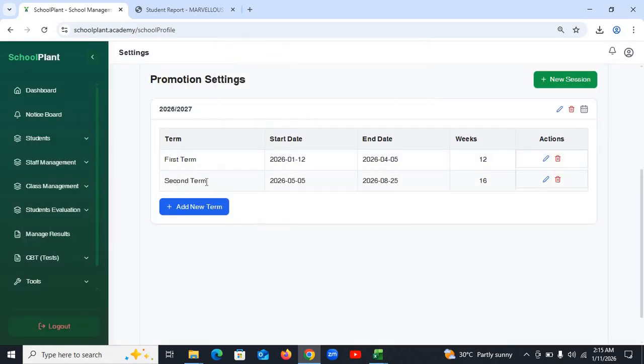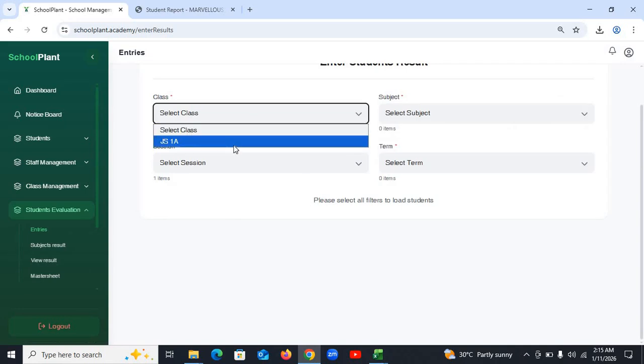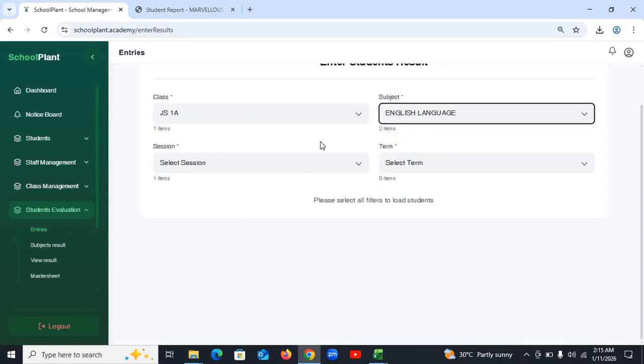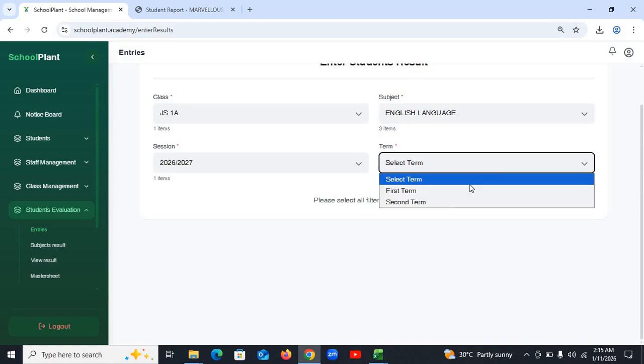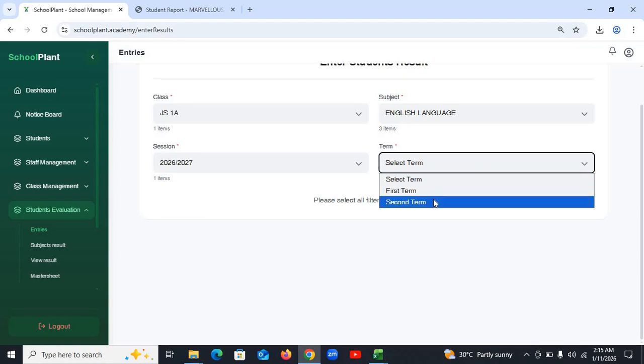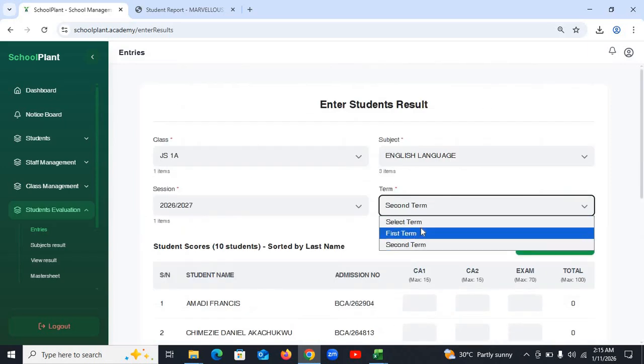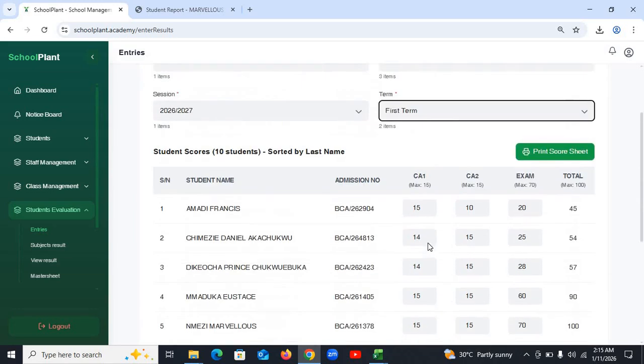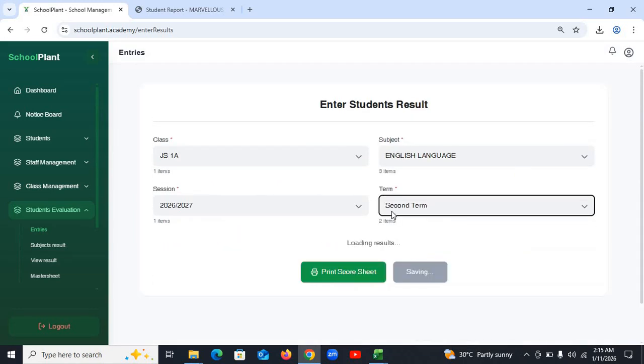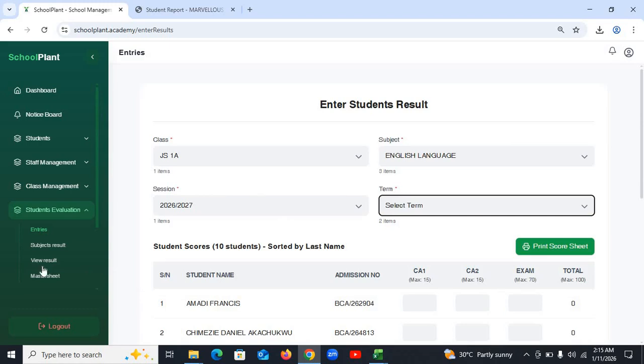You see, we have the second term here. So when you want to enter scores again, you'll have that second term right away. This is where it is. You have the second term now, for you to start entering the new term's scores. This is for the first term, which will have files in there already. This is the second term. So after that,